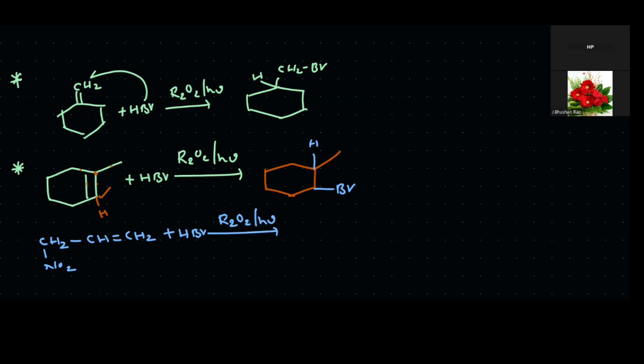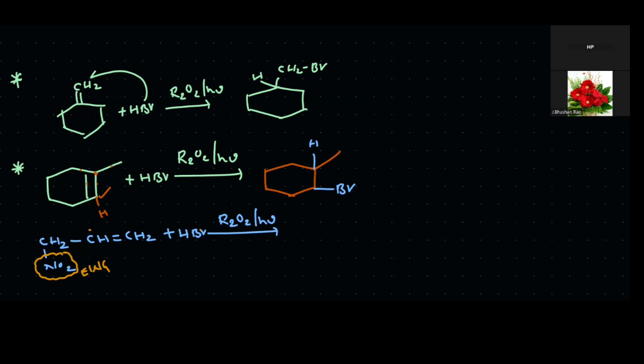Generally, we should know that Br always attacks the carbon with more hydrogens. But here the group attached to that asymmetric alkene is an electron withdrawing group. Electron withdrawing group always decreases the stability of the free radicals. If it decreases the stability of the free radicals, Br attacks this carbon. If an electron withdrawing group is present, at that time